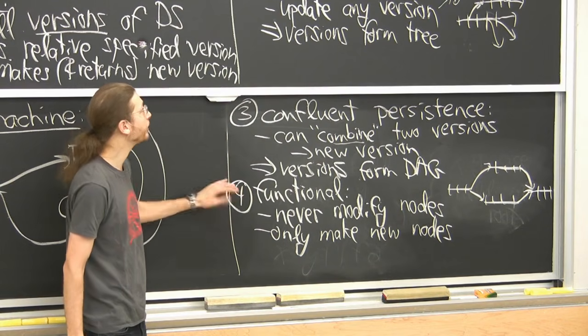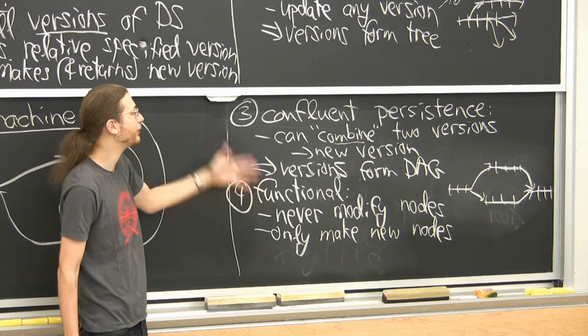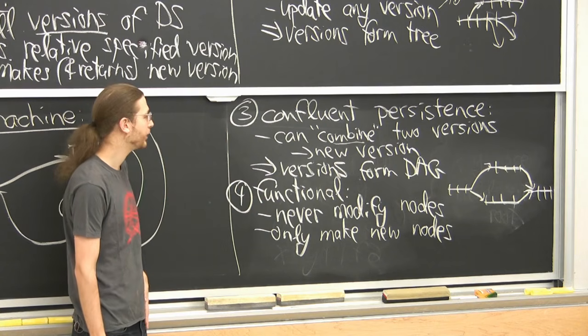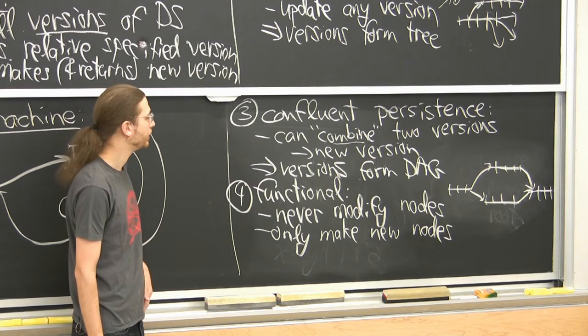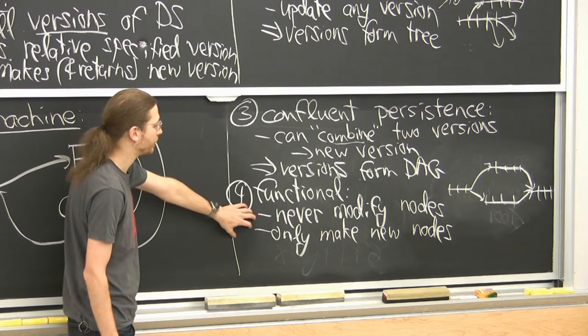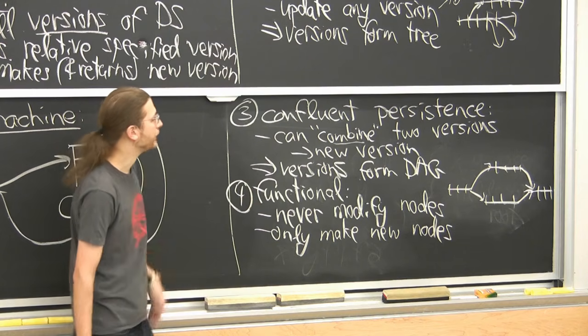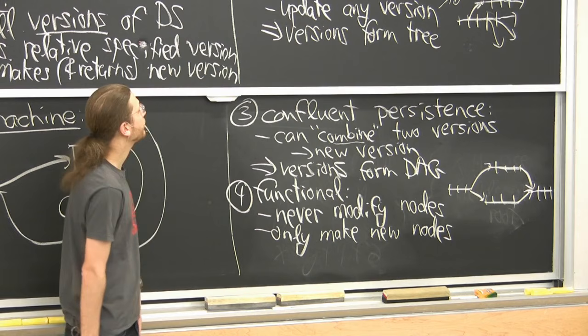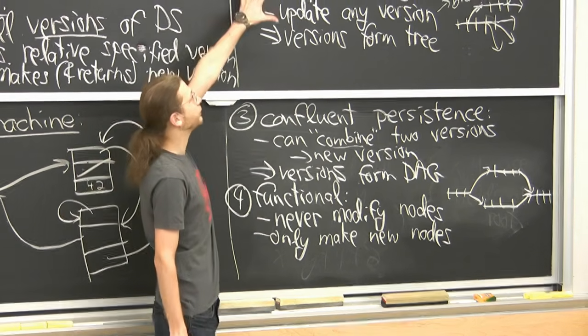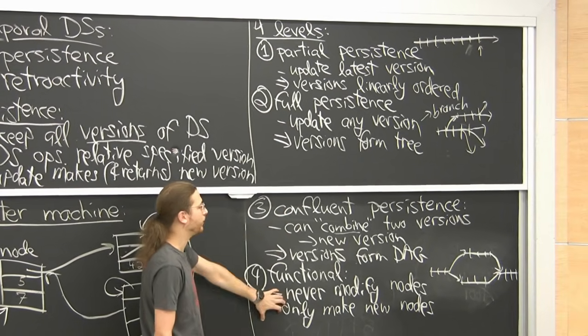This is constraining, and you can't always get optimal running times in the functional world, but if you can get a functional data structure, you have all these things because you can't destroy anything. If you can't destroy nodes, then in particular you can't destroy versions. And all of these things just work for free. And so a bunch of special cases are known, interesting special cases like search trees you can do in the functional world, and that makes all of these things easy. So the rest of this lecture is going to be general techniques for doing partial and full persistence, what we know about confluent, and what we know about functional.